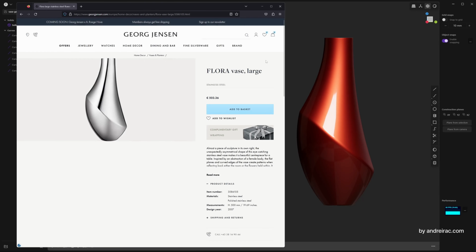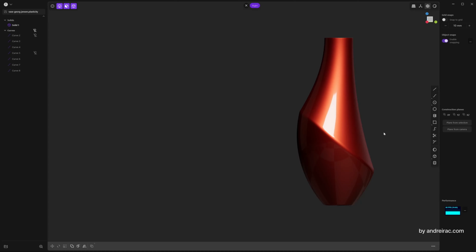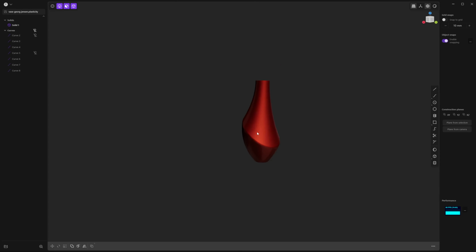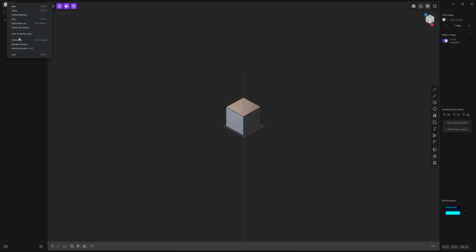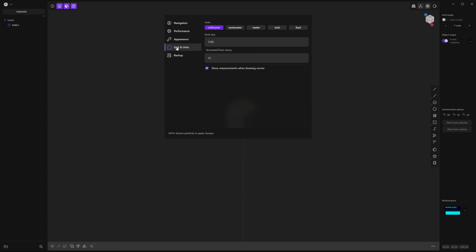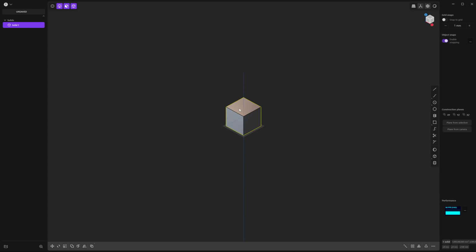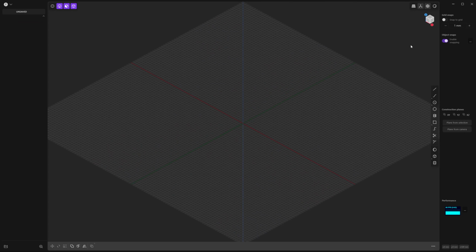As a general reference, this is what I had in mind for today, and here's a quick preview of the end result. If you want to have the exact same setup, the only change I did is you go to preferences, grids and units, set to millimeters, and here is the size for the grid size. And that's it. Let's delete with X the default cube, zoom in a bit, and I'm going to grab a